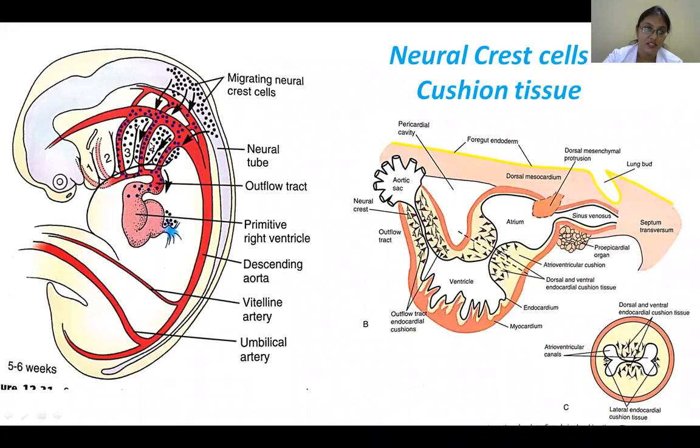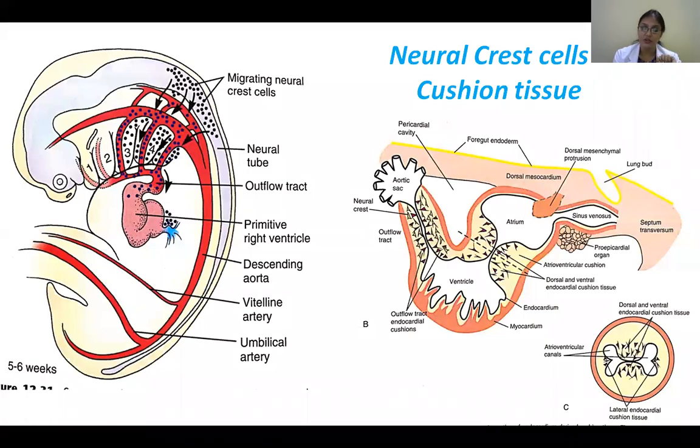The neural crests, see, these are the neural crests. Developing, this is the hindbrain region. Slowly the neural crests are migrating and coming here. If you remember when I was telling you about the development of the face, the craniofacial skeleton is very much dependent upon the neural crests that come from your midbrain, hindbrain region and all that. So these neural crests are important for your face formation, and here again, especially the outflow tract formation.